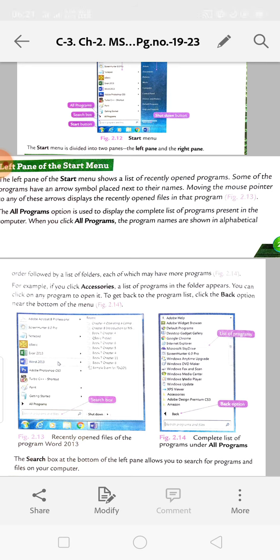Okay. So read the chapter. You have to read the chapter because small short questions will come from inside the chapters. So till page number 24, read the chapter very nicely, thoroughly, and read the spellings also. And we will try to see all these things in our live class.